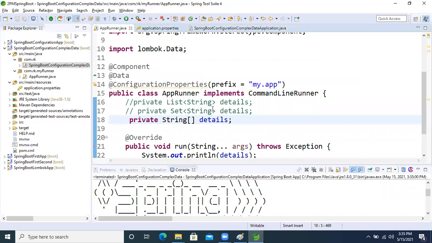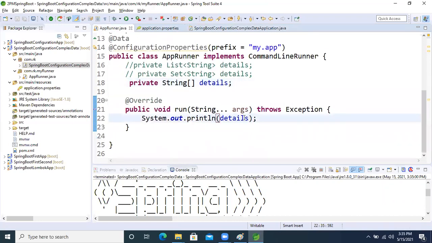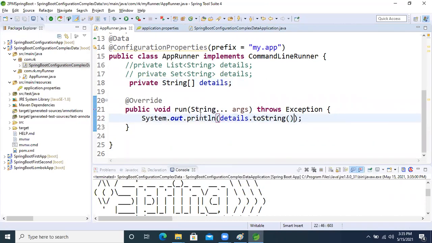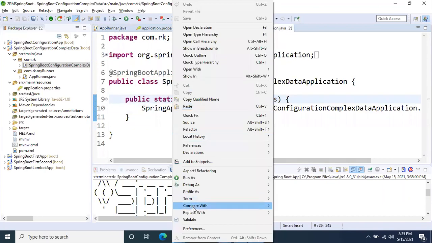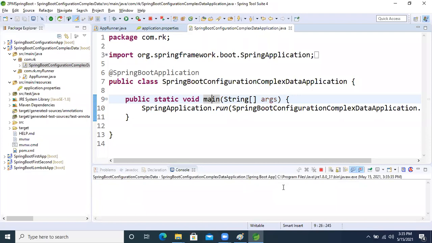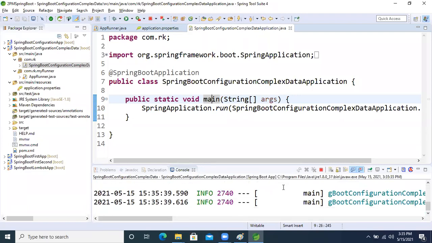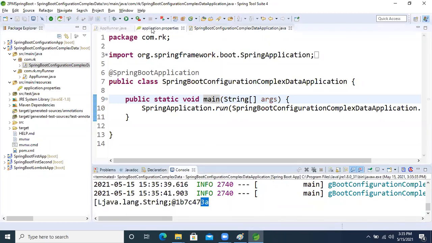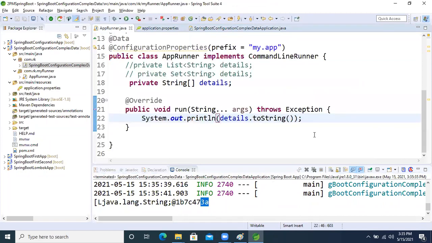So what we will do now, dot, dot, which still we are getting, why? Just what we will do now.